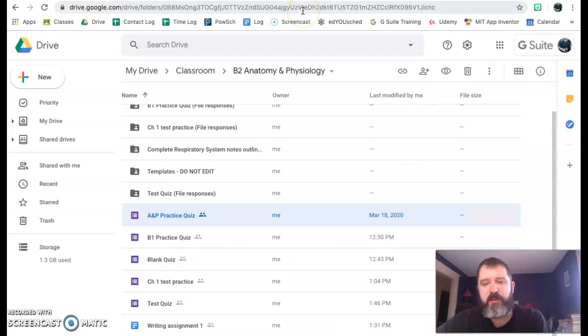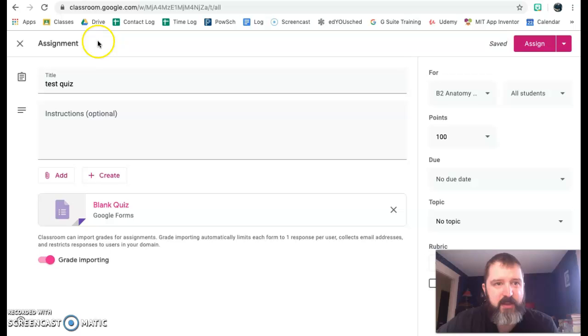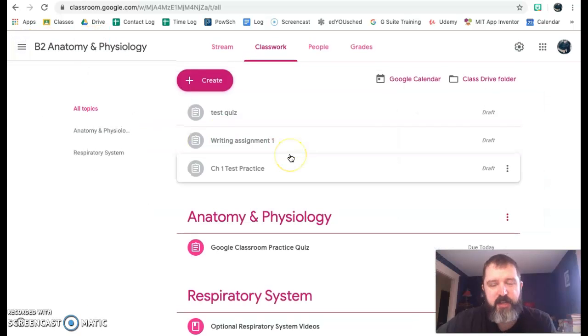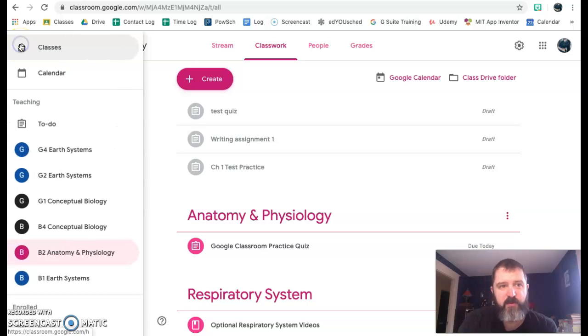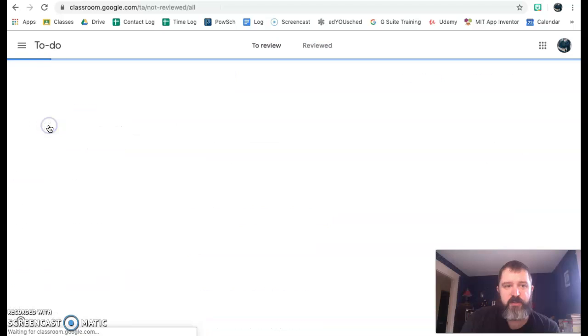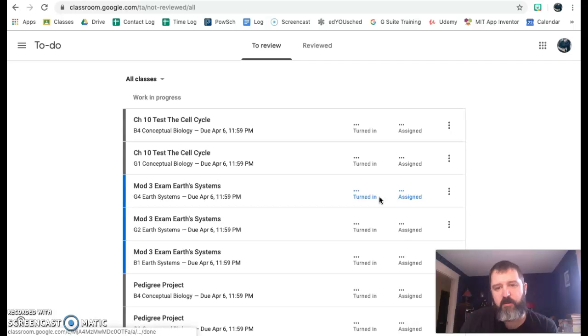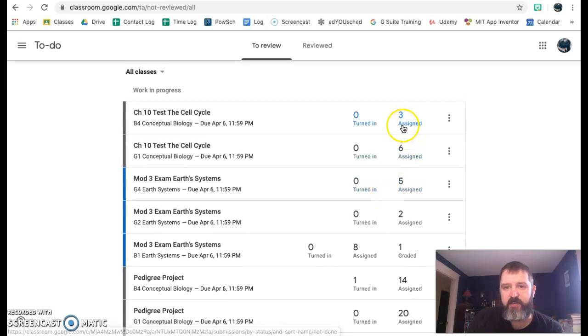One real quick trick here at the end is actually probably not that secret, but it did take me a few minutes to notice, is that when you're at your Google Classroom page and you've got multiple classes and you've started making multiple assignments, and you're having a hard time keeping track of them all, you can go to the 3 horizontal bars here in the top left corner and click on your to-do list. And what this will do is it'll show you all of the assignments from all of your classes, and it'll just give you the numbers that you've assigned it to and the numbers that have turned in,